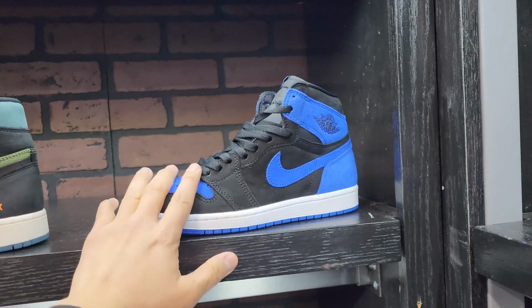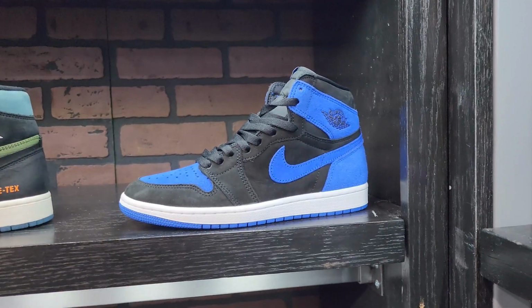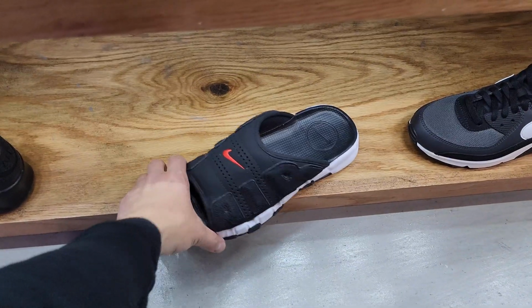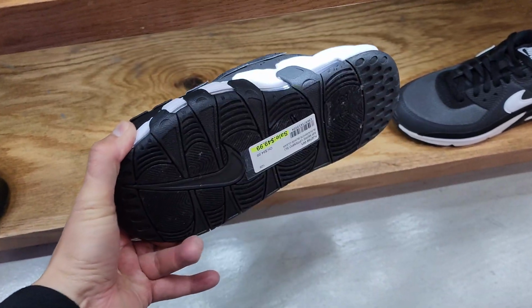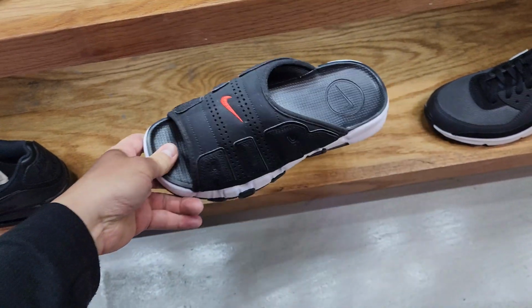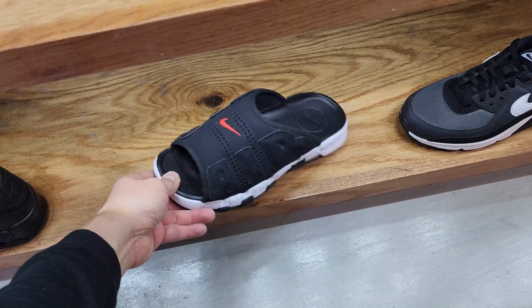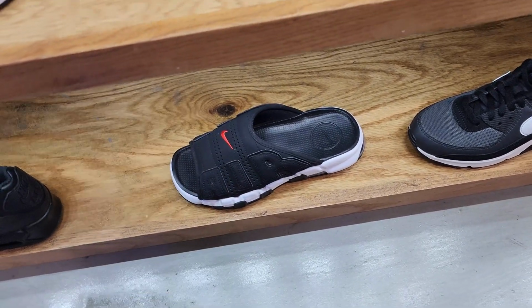Everybody's had these on sale. I feel like $120 here. I think Shoe Palace has it fairly cheap too. And then these, and then this is one of the few spots that still has one of these. $50. Dang it, dude. Should I get this for $50? Dang nabbit. I do want more of those. Damn, dude. I feel like I should grab it, but